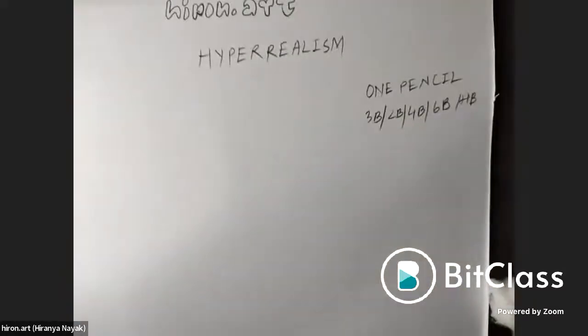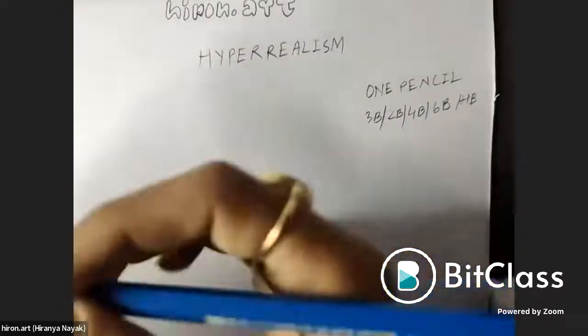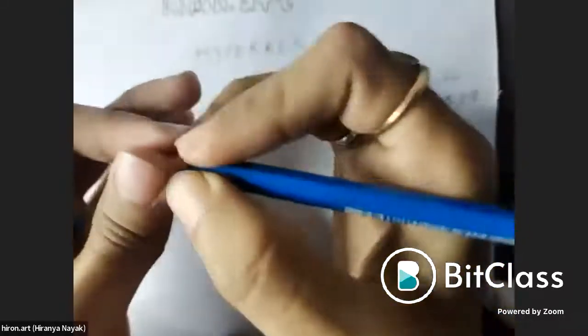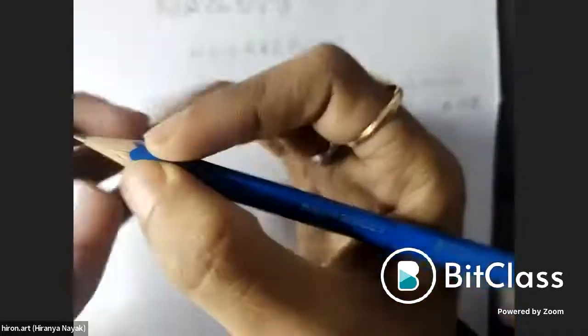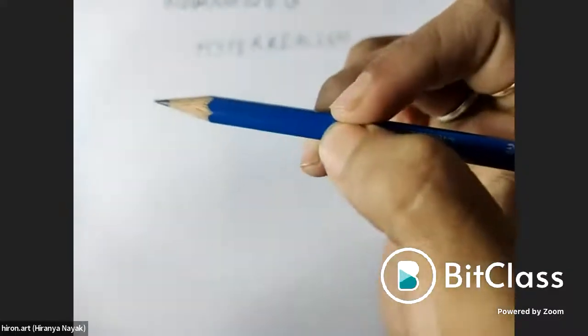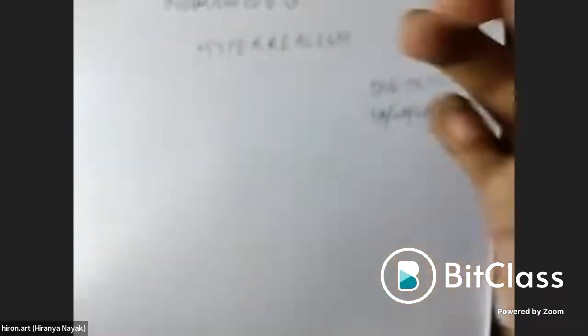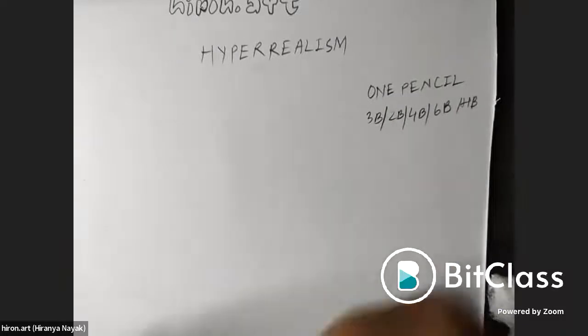And one more thing, when it comes to drawing something, try to hold the pencil this way, not this way. What we usually do is hold the pencil right from the nib with more pressure this way. But this time, in realism, you are supposed to hold it a little up. Hold it this way. And first of all,